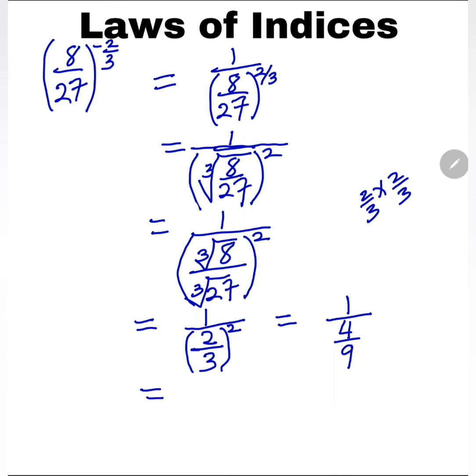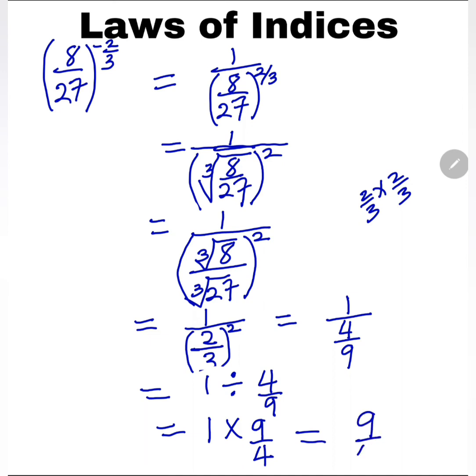So if you go on, 1 divided by 4 over 9, this can be written as 1 multiplied by 9 divided by 4. So that your final answer will be